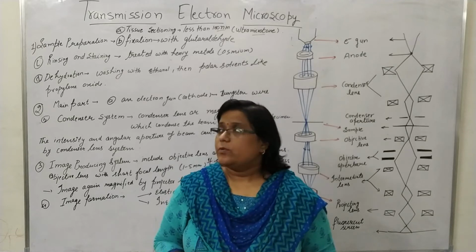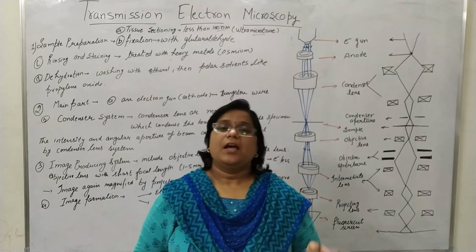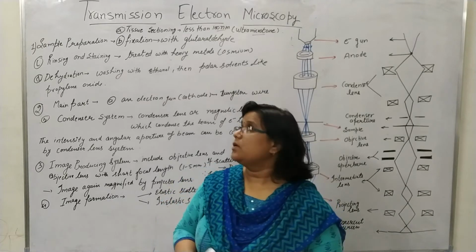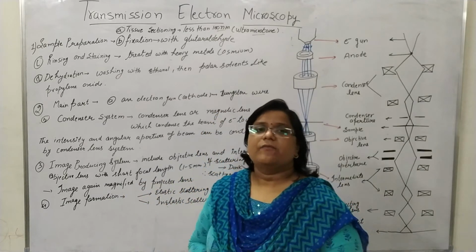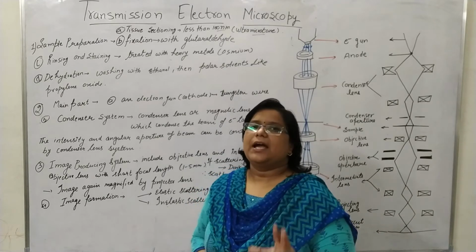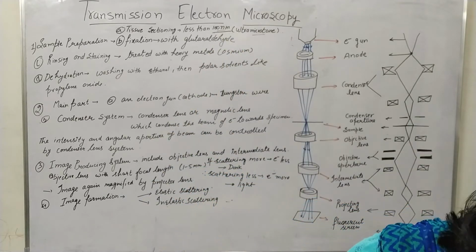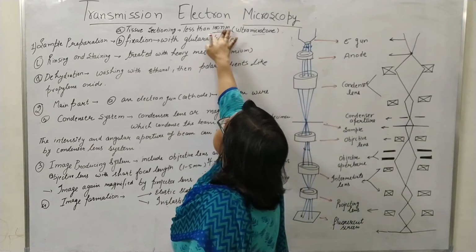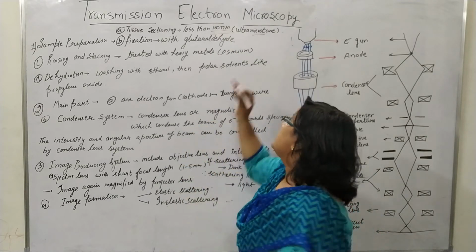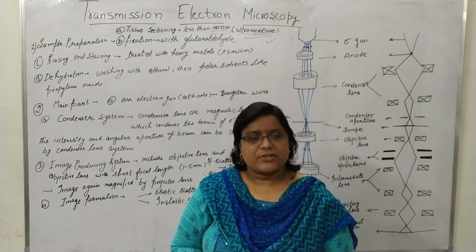Now we are going to see what kind of sample preparation and other things differ between the SEM and the TEM. First of all, the sample which is prepared is very thin, because the electron beam is passed through that sample, and the sample sectioning is less than 100 nanometer. I will use a separate color pen so it's easy to see. So here the sample sectioning is less than 100 nanometer, and with the help of an ultramicrotome apparatus we can do this.